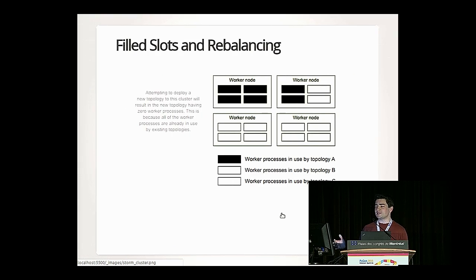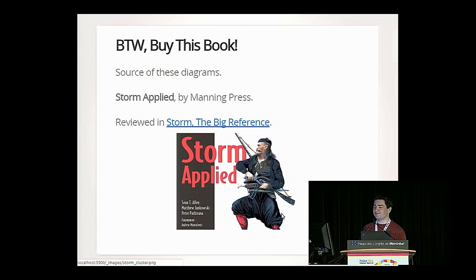And when you deploy a topology, a certain topology may occupy certain slots across your cluster. And at some point, you might end up getting unlucky and certain parts of your topology may occupy certain slots on one physical node. But it doesn't really matter because you can rebalance your Storm topology and basically get balanced computation across your cluster.